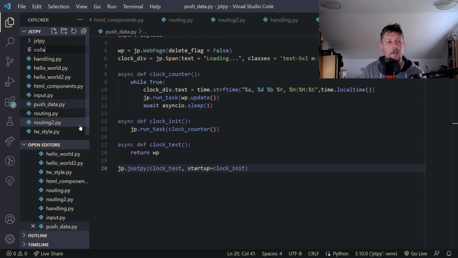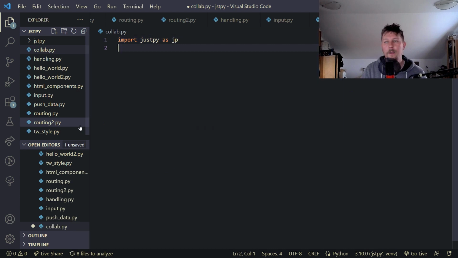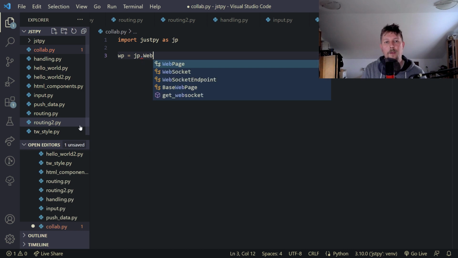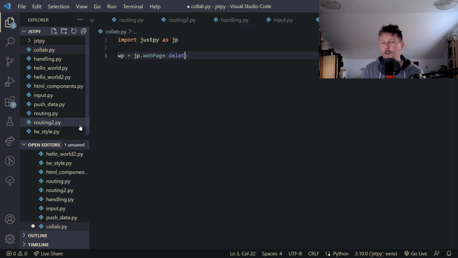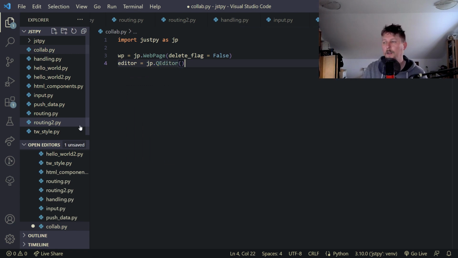So let's call this collab.py and import JustPy as JP, and we have a web page from the JP web page. Delete flag false, and we have the editor, which will be a Q editor, and we associate it with